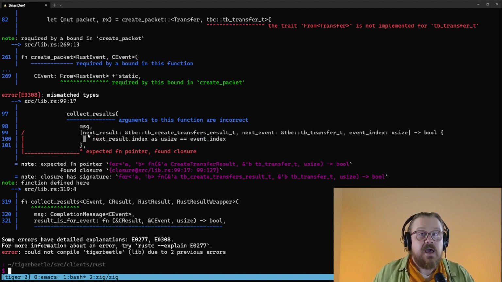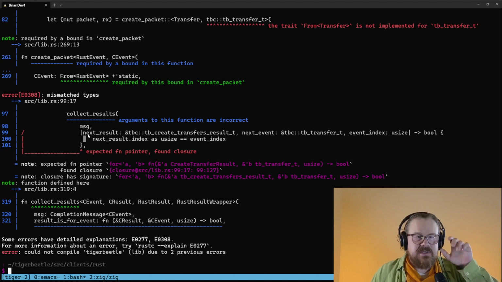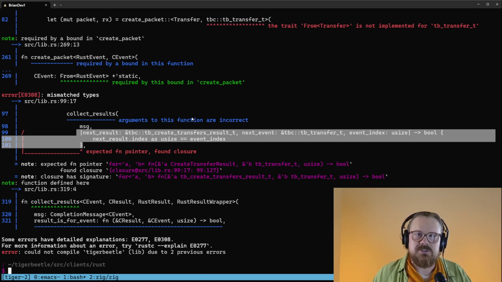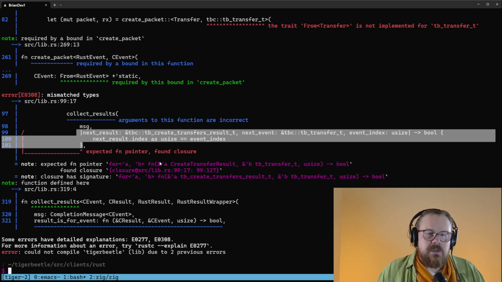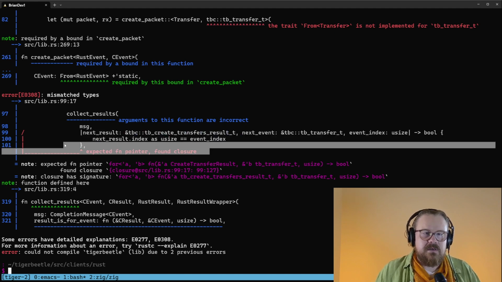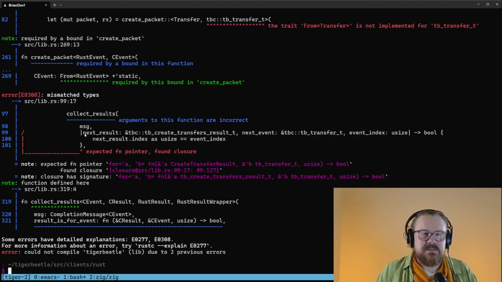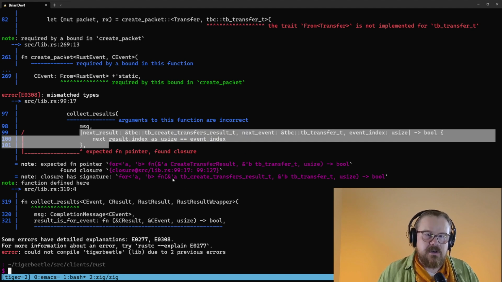And not a closure, just a raw function with no state. And I've written here a closure, but in Rust, a closure syntax will be coerced to the underlying function type if it's not a closure that has any captures. But here I've apparently written a closure that does have a capture somehow. And it's interpreting this as a closure, not a raw function,